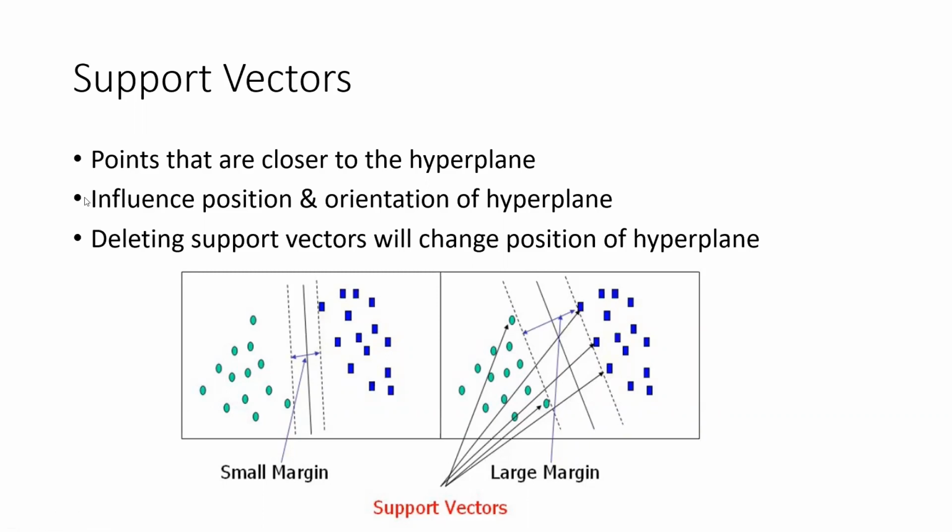Now, if you look at the second point over here, we are saying the support vectors influence the position and orientation of the hyperplane. What does that mean? Imagine you don't have these three squares over here. Then you can also try drawing a hyperplane in this particular direction, from this top right corner up until here. So this could be.